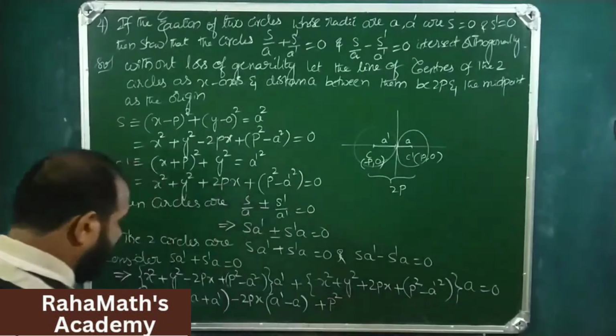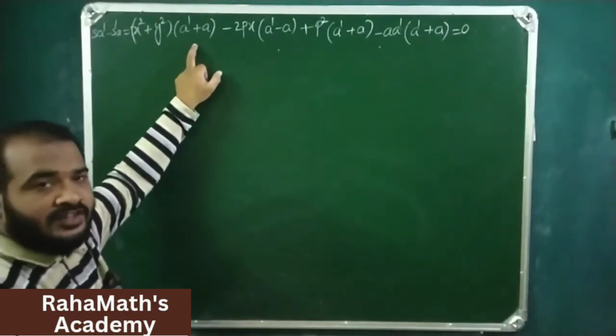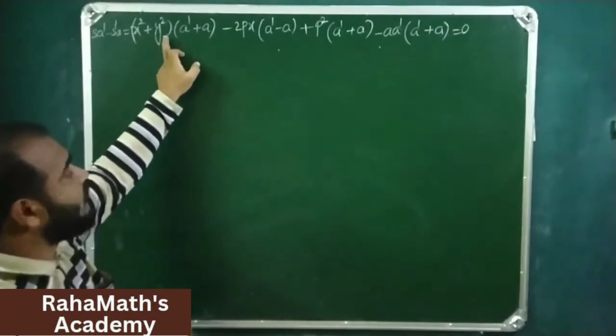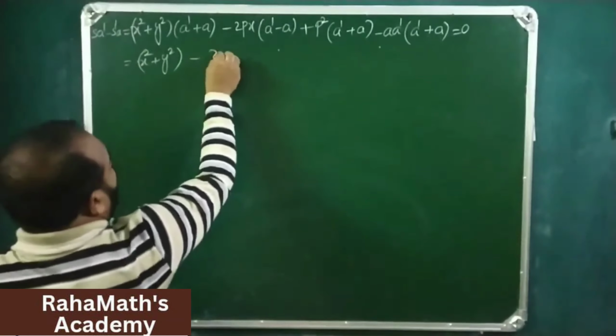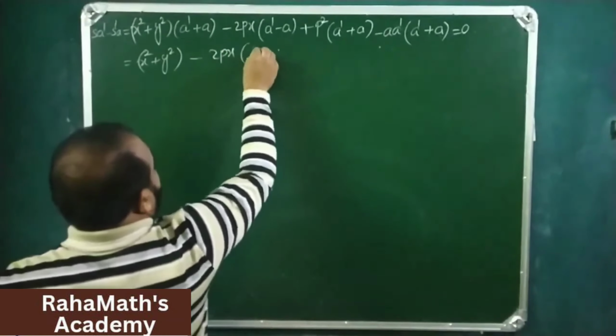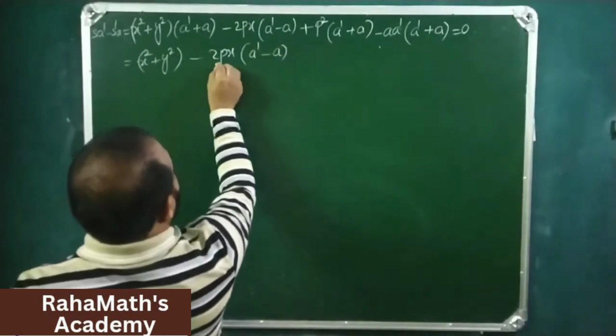Let us divide to make this the general equation. The x square quotient and y square quotient should be 1, for which let us divide this whole equation by a dash plus a. Then x square plus y square minus 2px into a dash minus a by a dash plus a, plus